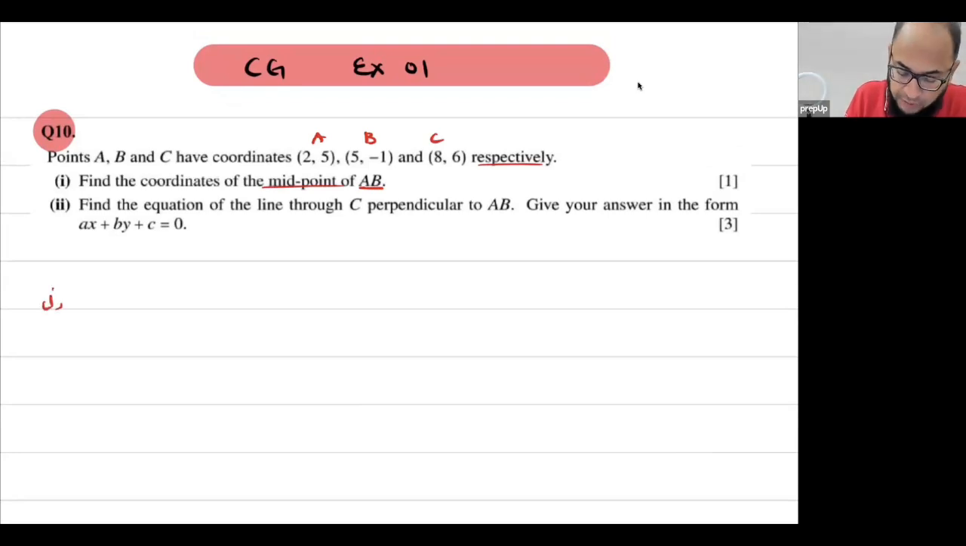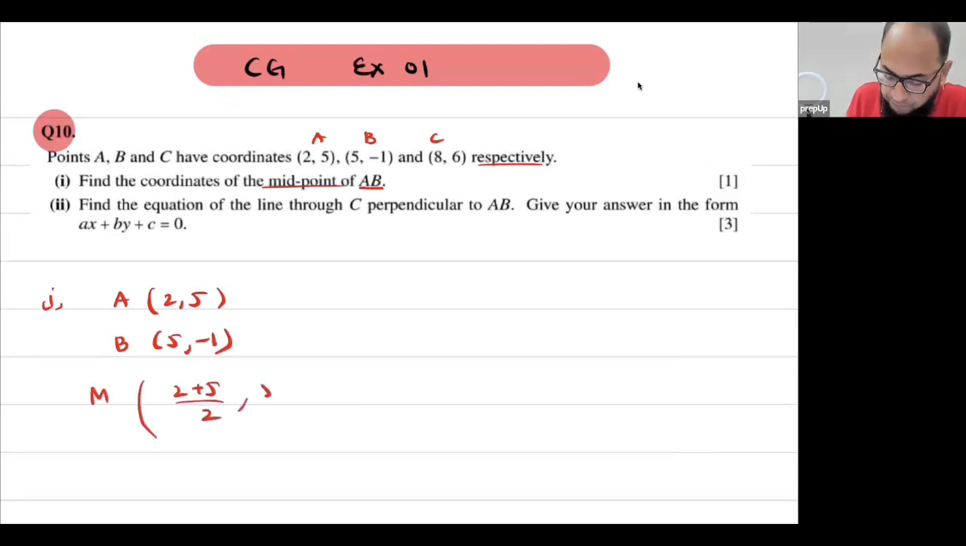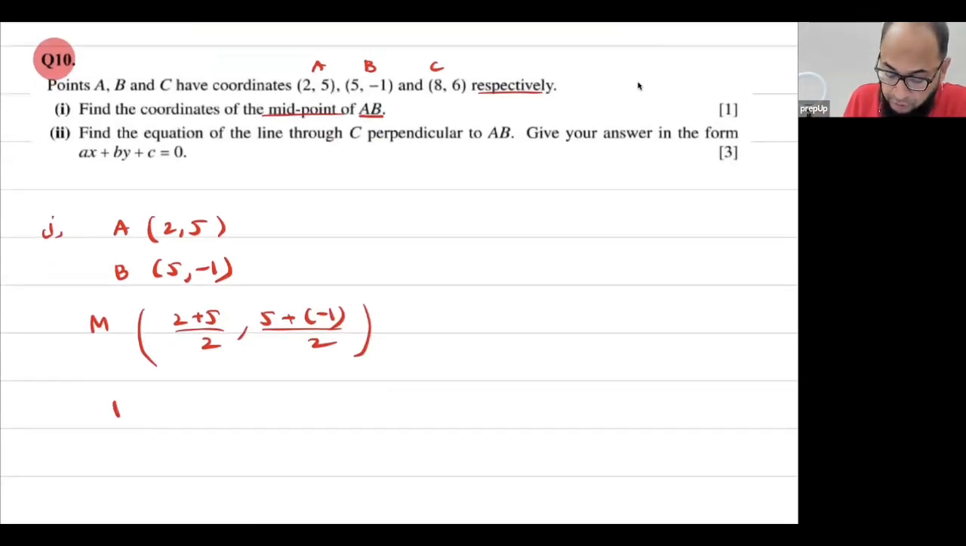So part 1, write A again, (2, 5). Write B again, (5, negative 1). M is the midpoint. Take the average, (2 plus 5) divided by 2, (5 plus negative 1) divided by 2. Use brackets as much as possible. So this M comes out to be 7 over 2 and this is 4 over 2, which is 2. So that's the answer of the first part. Now second part,